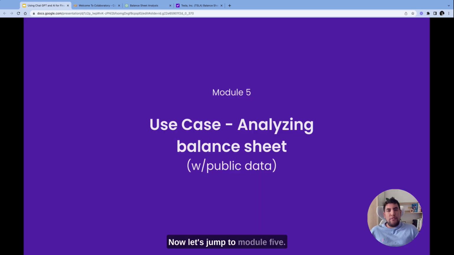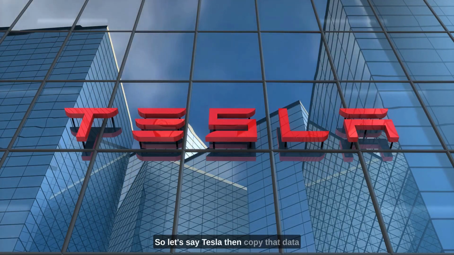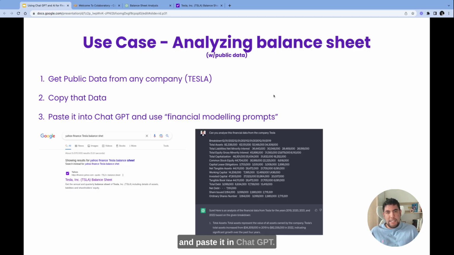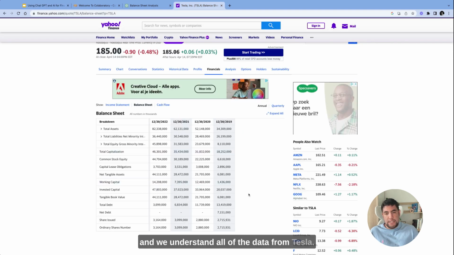Now let's jump to Module 5. In this one, it will be about analyzing a balance sheet with public data. There are just 3 things that you need to do. The first one is to get public data from any type of company, so let's say Tesla, then copy that data and paste it in ChatGPT. So let's say that we go to Yahoo Finance and we understand all of the data from Tesla.